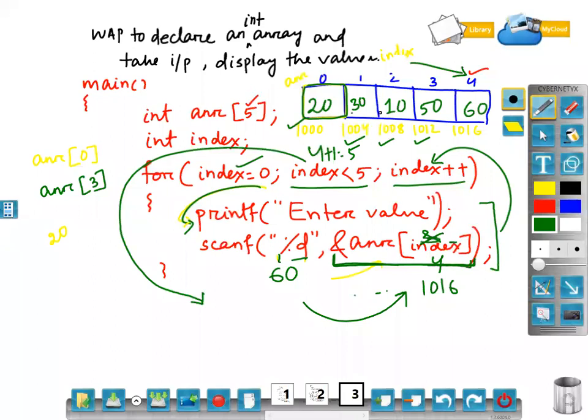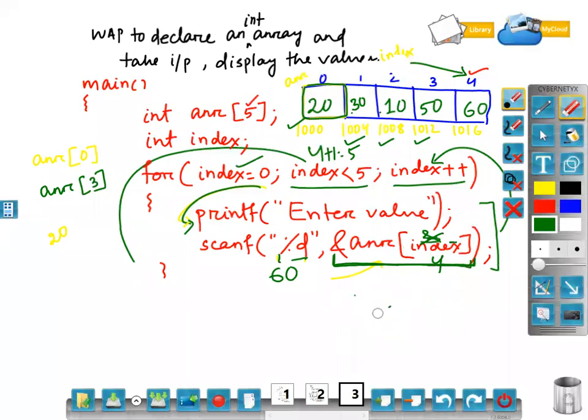Okay, done. Initially, understanding arrays and how to take input is a little bit difficult. But once you write 2 to 3 programs, you can understand. Now this is what an array is all about. Now check: once the array has been taken as input, how will I know whether the values have been successfully taken as input? That means I have to display the content of the array. So how to display? I will print the values of the array. From where will I start the printing? I will start printing from the 0th index.